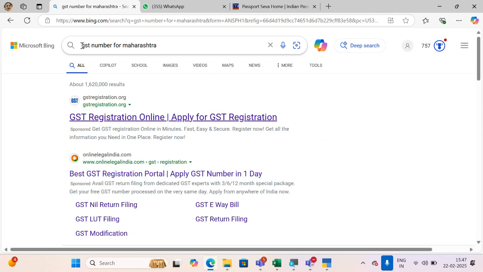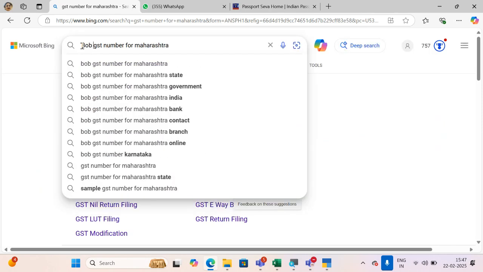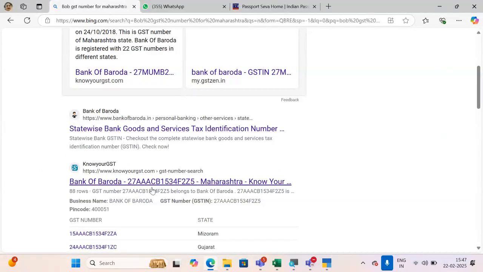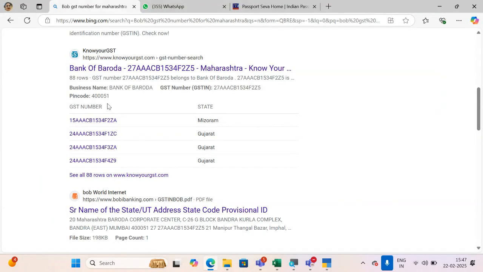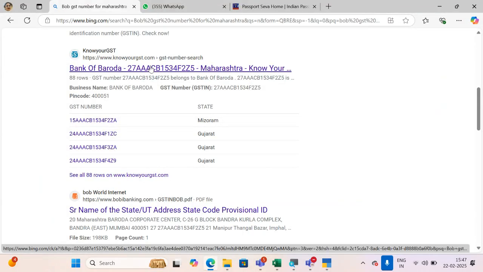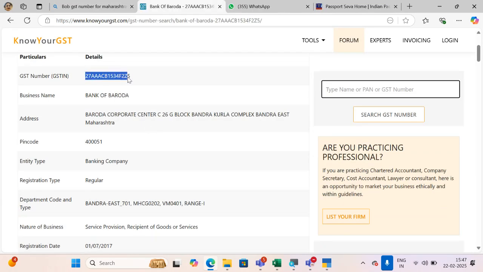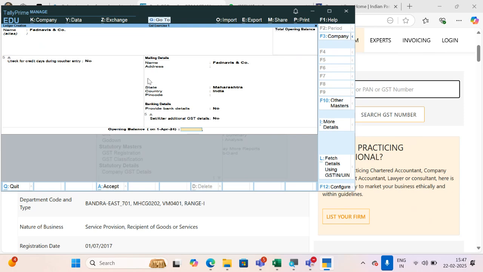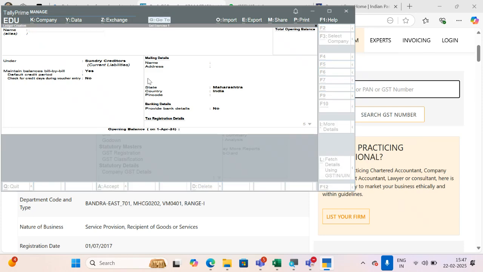So, BOB. This is the Bank of Baroda GST number. I'm just copying it and pasting it in Tally. Now it is not giving me the error. Why so? Because I provided the actual GST number. Now the next is